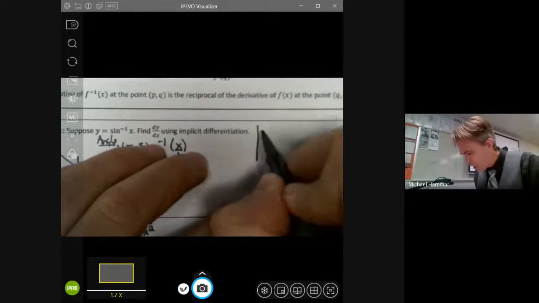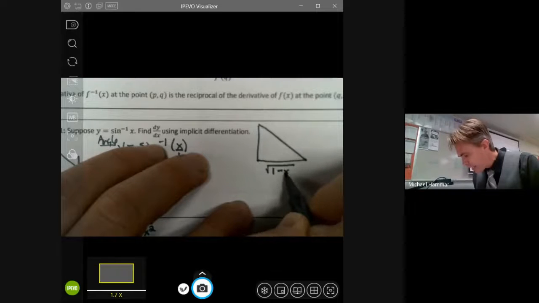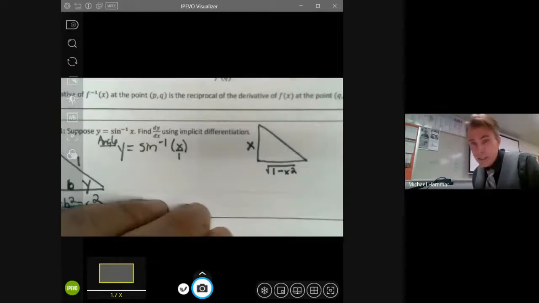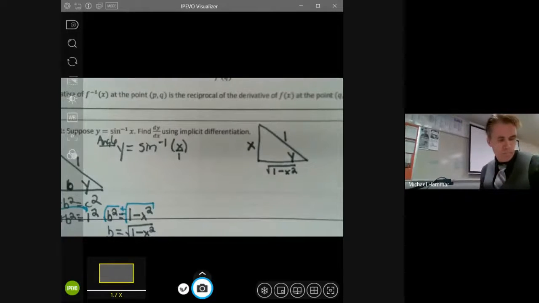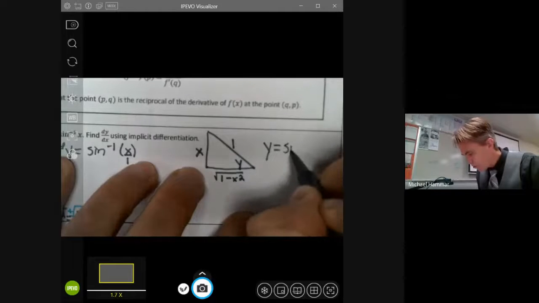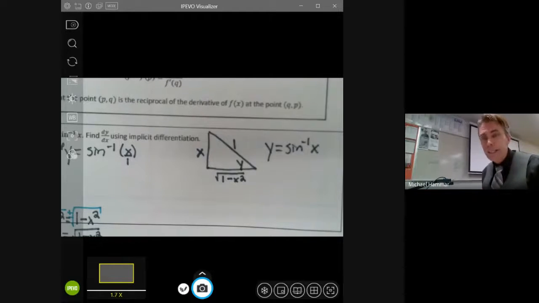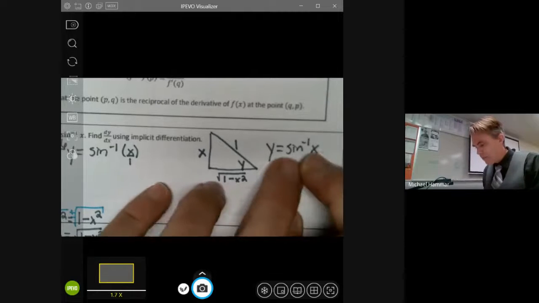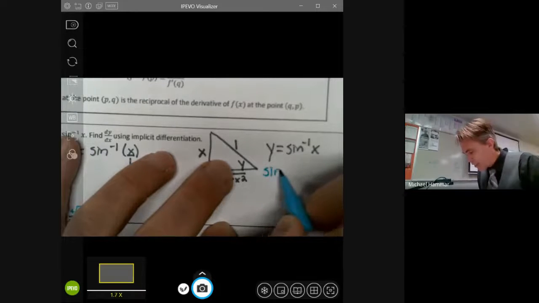So this is now the triangle that we're going to use. We know this is the square root of 1 minus x squared. We remember this is x, this was y, and this was 1. Okay, so here's what we're going to do. We're going to start with our original equation, and we're going to convert it back to a sine function. So if we have inverse sine here, to go back, we're going to end up with the sine of y